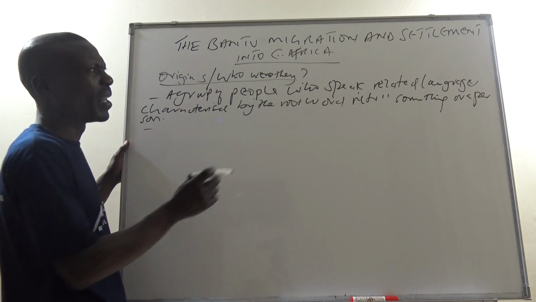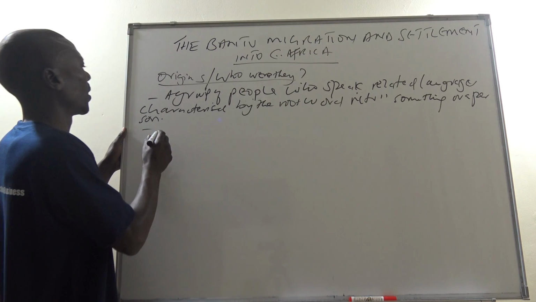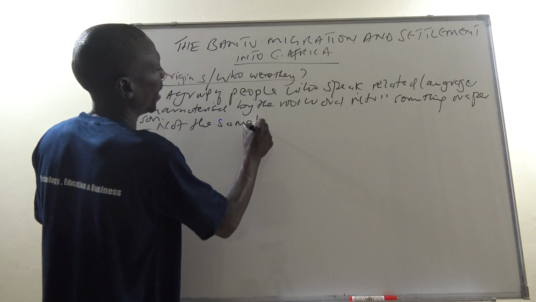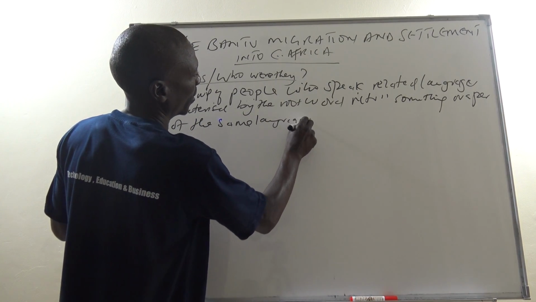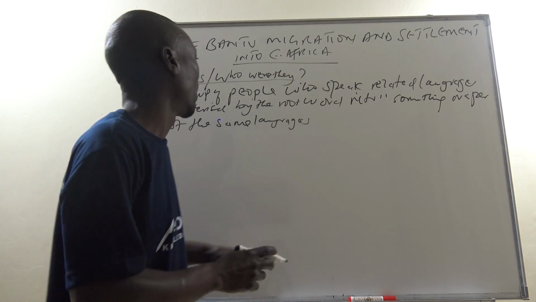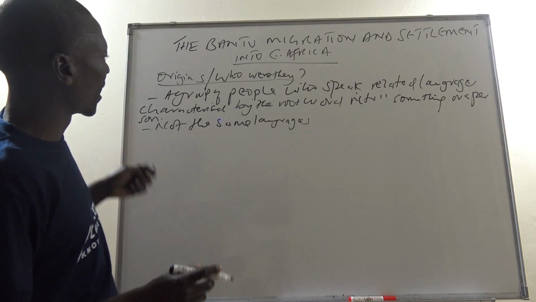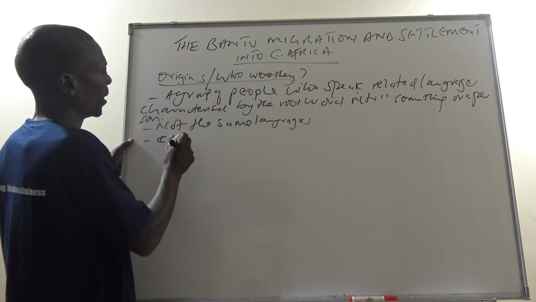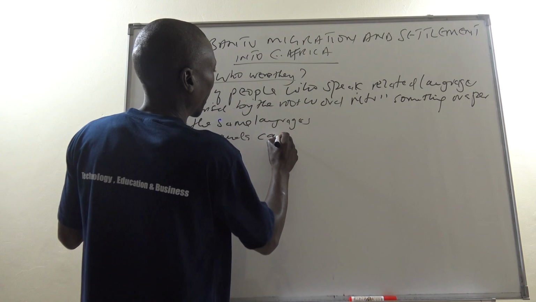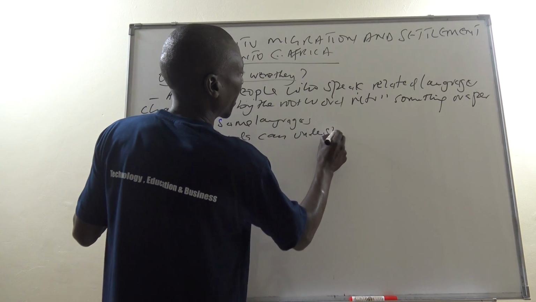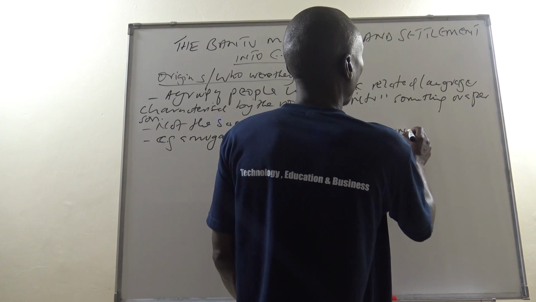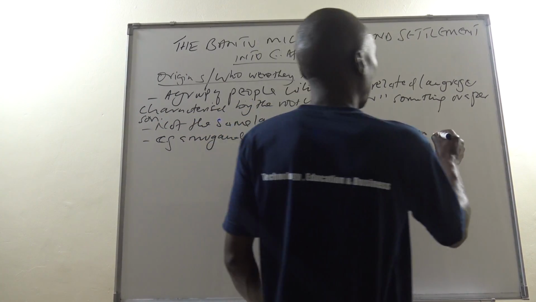However, much as we are saying they are related, they are not the same. Not the same languages, much as they are related or similar. Why? We can give an example, e.g. a Muganda can understand a Munyoro with ease,